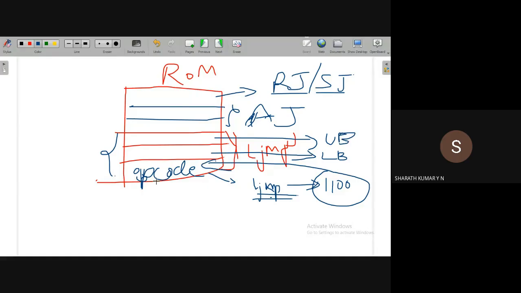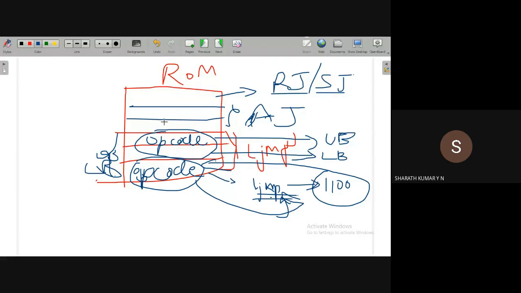The question here is why the opcode comes first. Why not the lower byte first, the upper byte next, and then the opcode? In that case, the processor will not be able to understand. If it executes the opcode, then it understands that it corresponds to LJMP. If it is LJMP, it understands that the next two locations are the address.